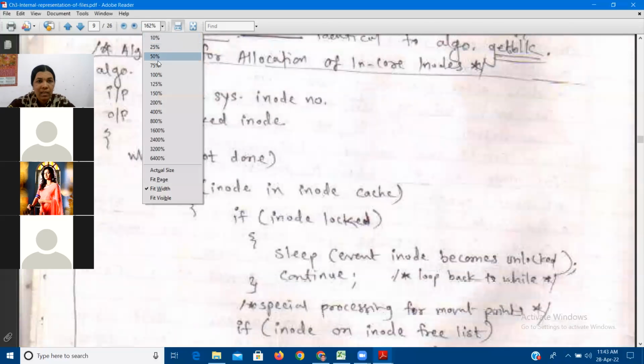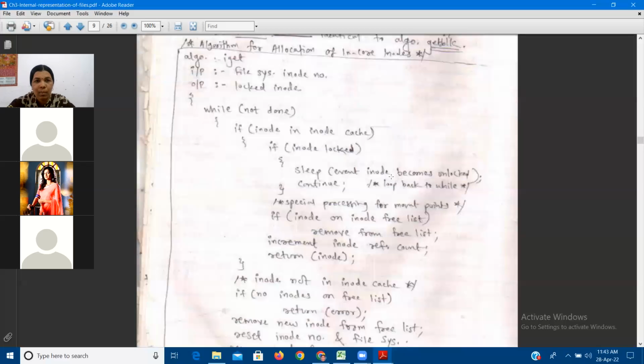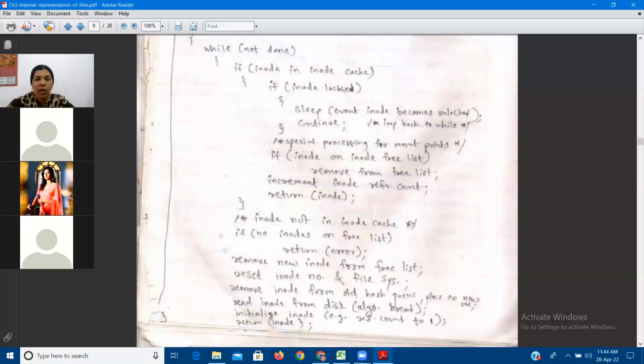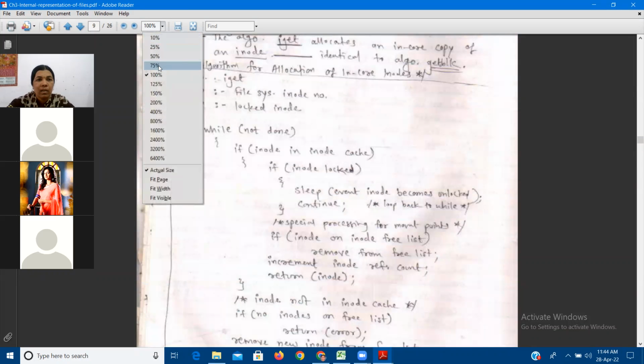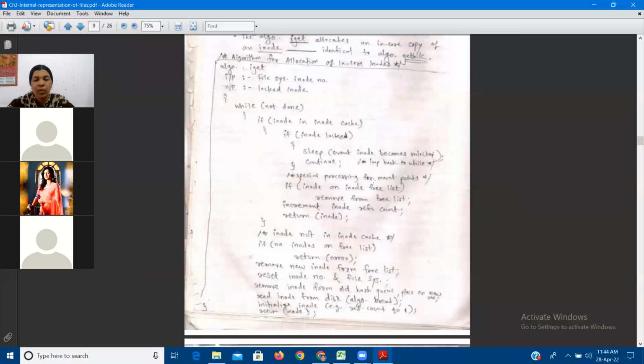I will just minimize the size so that you are able to see the algorithm. So this is about the iget algorithm. So the purpose is the algorithm for allocation of in-core inode. Okay, so don't get confused. This is the algorithm for in-core inode. For disk inode, another algorithm is there. Okay, so iget input will be file system inode number, output will be locked inode, then the actual body of the algorithm. You can zoom in, zoom out your screen so that you are able to write the algorithm. Algorithm iget,